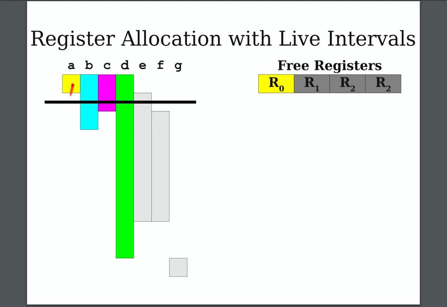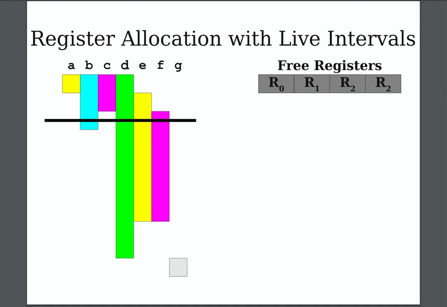Once A is no longer live, we can return R0 to the set of free registers and reuse it once we see E. Similarly, once C is no longer live, we can return its register to the set of free registers and reuse its allocation for F. And similarly, once all these variables are no longer live, all the registers are free again, and we can use R0